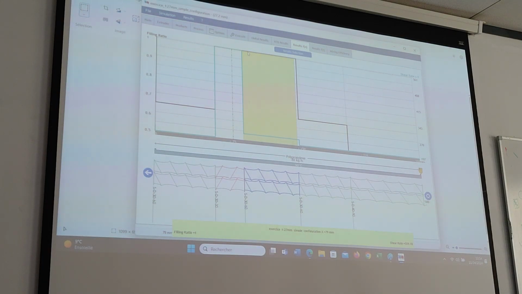But as an interpretation, just to understand: for a portion of the screw, I do have a higher shear rate and the complete filling, while in the other one, I do have the complete filling, but I do not have such a high shear rate.